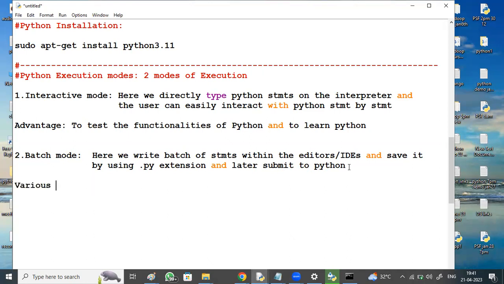Within Notepad, you can write this Python code on Windows, and also within EditPlus.